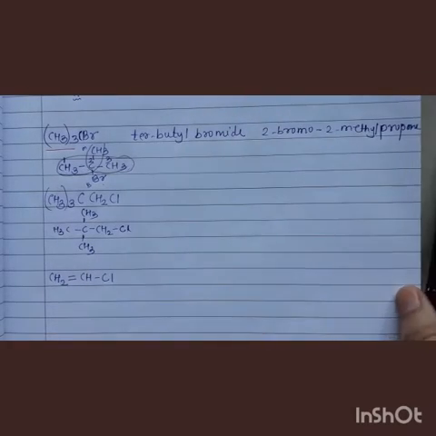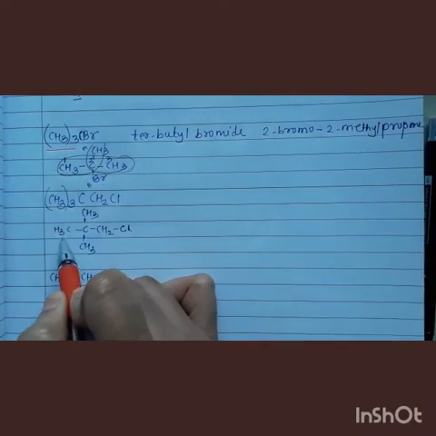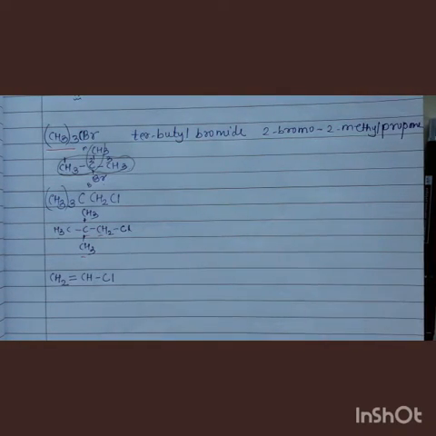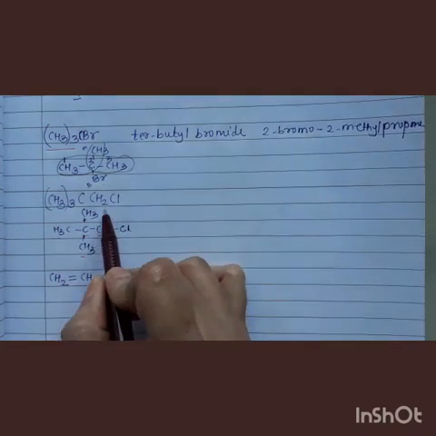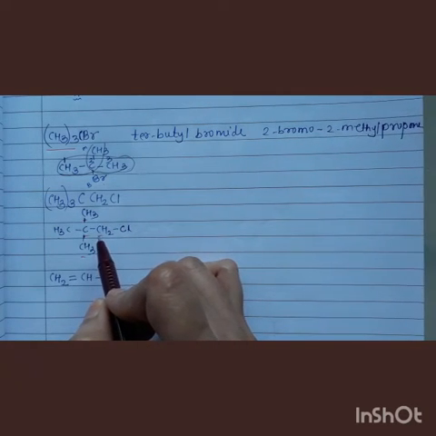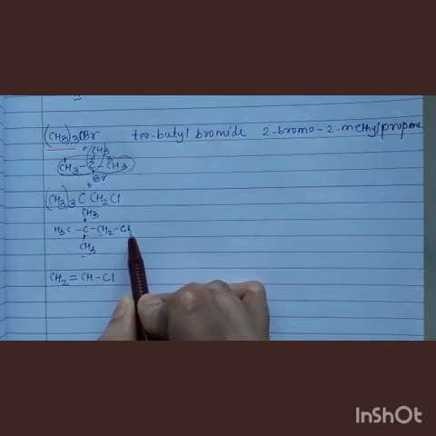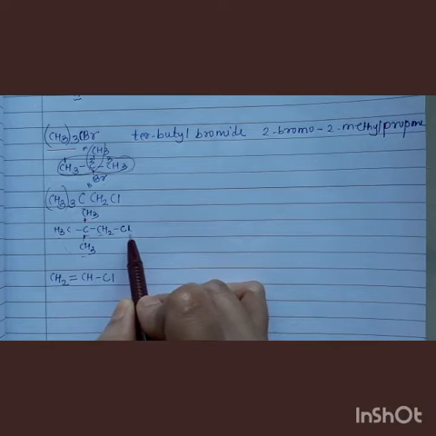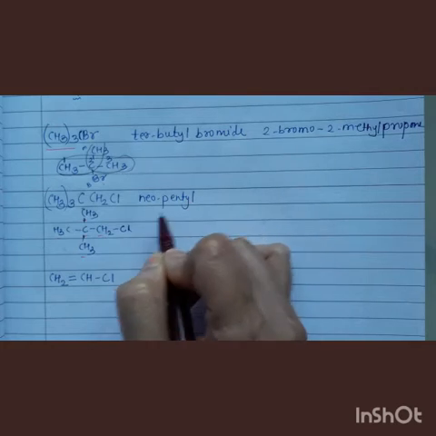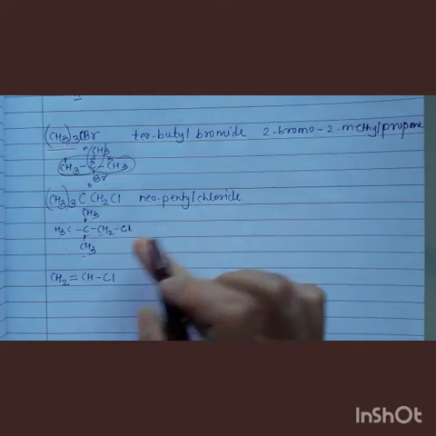See here, first the parent alkane or number of carbon atoms present over here: 1, 2, 3, 4 and 5. 5 carbon atoms are there, so it is pentane, pentyl group. But the arrangement shows that it is a neopentyl group. You have studied this in 11th standard: iso group, neo group. So this is the neopentyl group to which a chlorine atom is attached. So in the common naming system, what will be the name of this compound? Neopentyl. Why pentyl? Because 5 carbon atoms are there. And chloride, because chlorine is the halogen present in this halogen derivative.